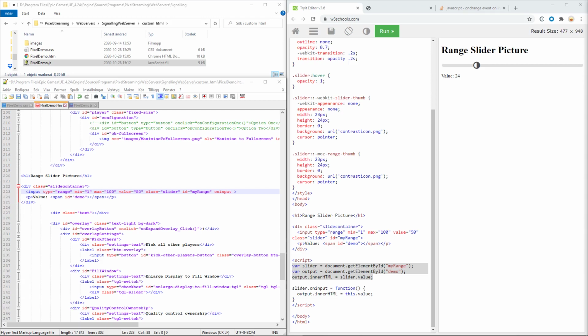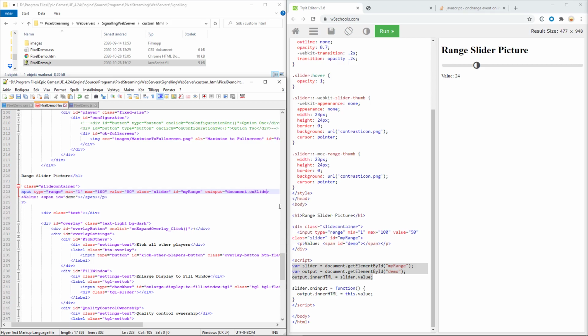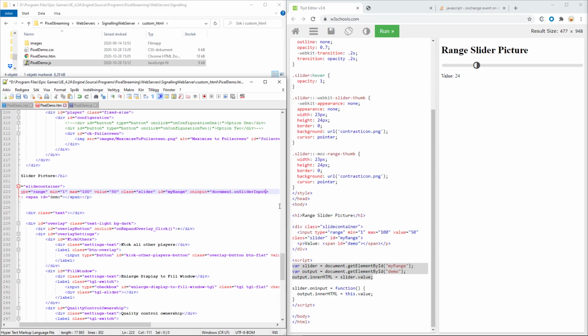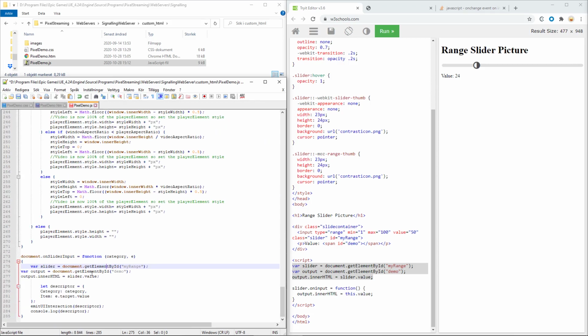Like we mentioned before, we can call the onSliderInput event by typing document dot onSliderInput, and then we can feed this with two values, since the descriptor is based off a category value and an item value.